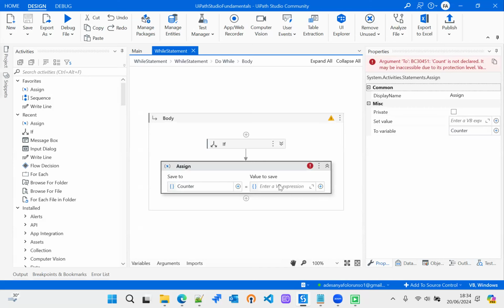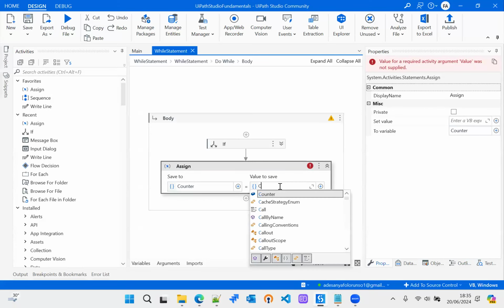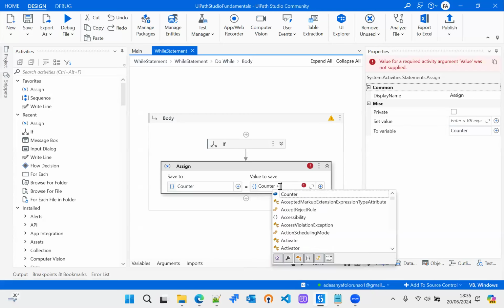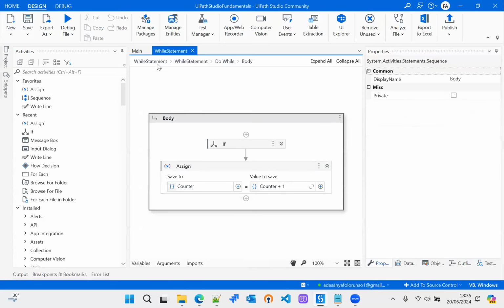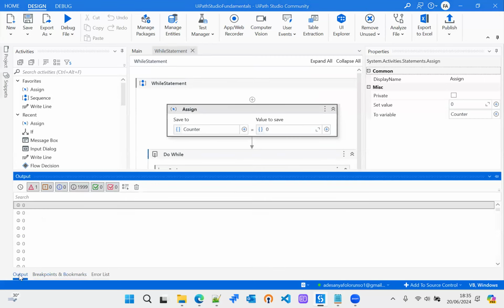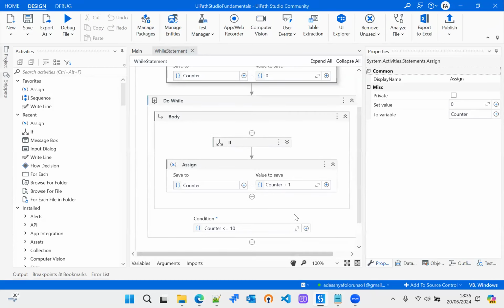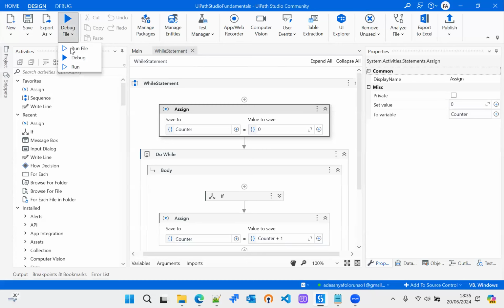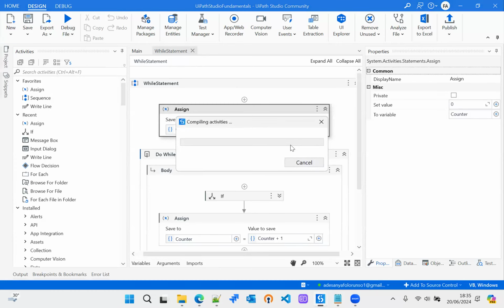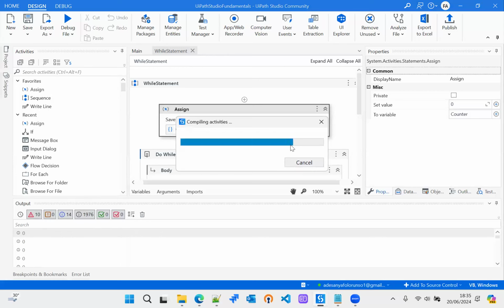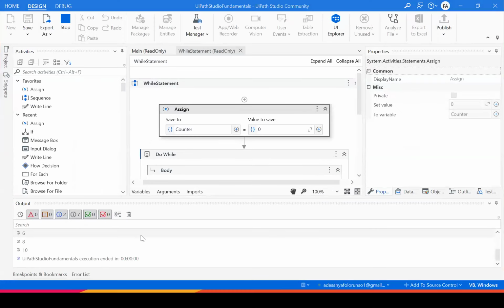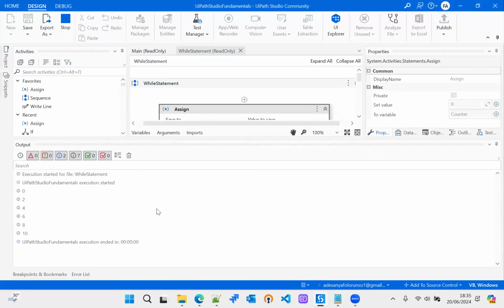Sorry, my system is lagging a bit. So we would say counter equals counter plus 1. Okay, so that should fix it. For our initial run, we had zeros printed out. So let's do this again. I'll go to Studio and run the execution. Yeah, so we have the even numbers between 1 to 10 printed out for us in the output